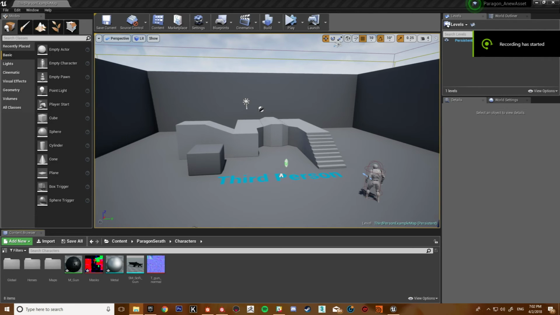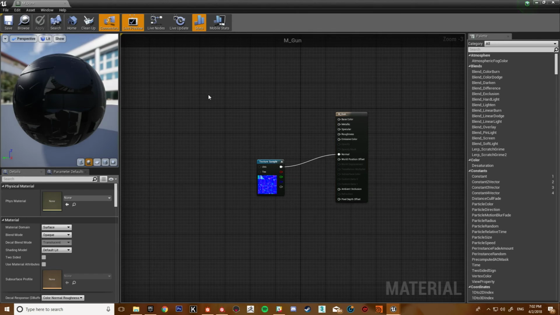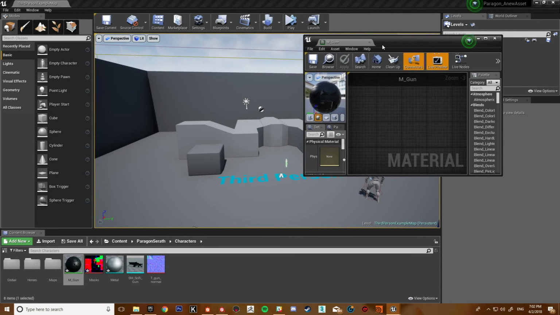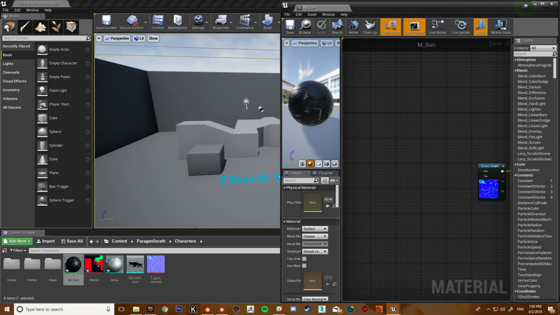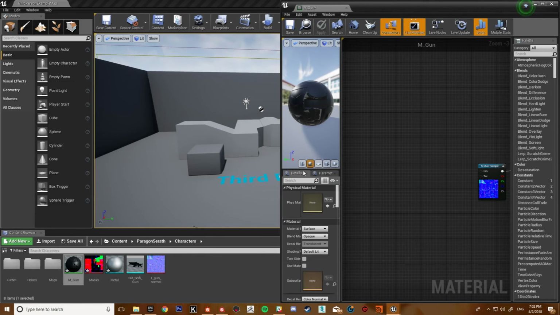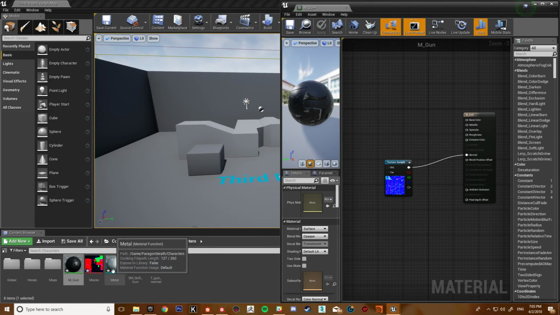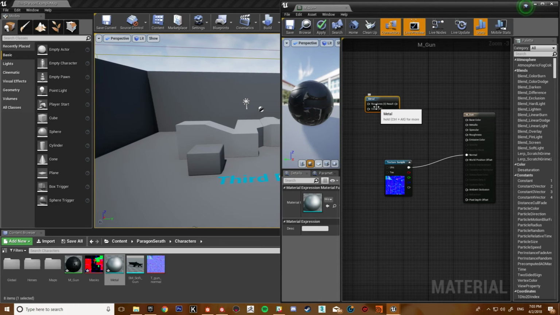Okay, so I had to do a quick little jump cut there because I moved over to my second screen by mistake, but all I was going over was if we get our gun material and then we keep this in the original format and we drag in our metal material, then you'll see it comes in as its own node, and the roughness and colour inputs are the inputs that we just created.